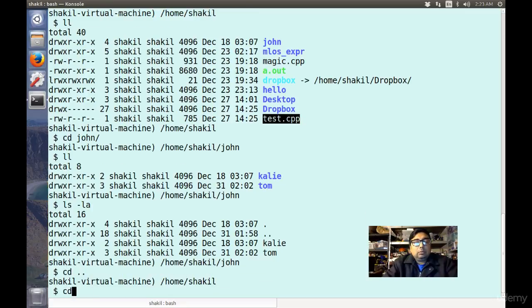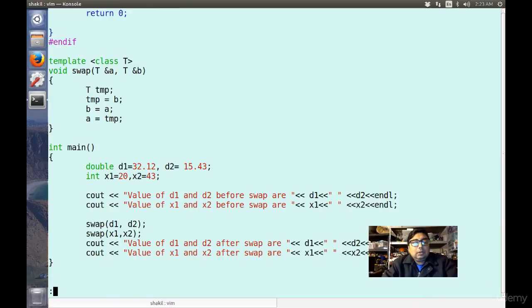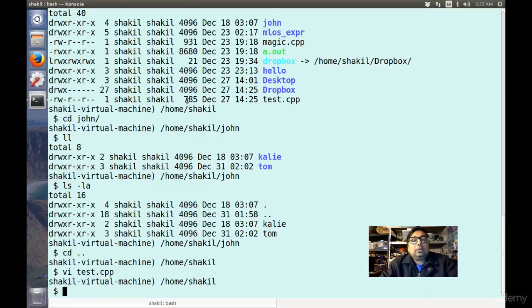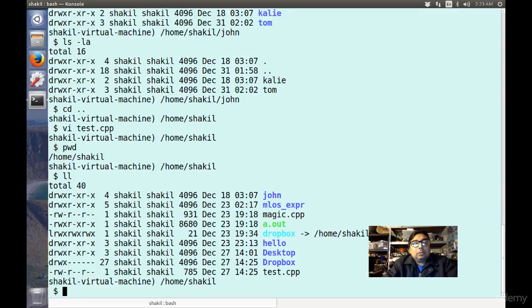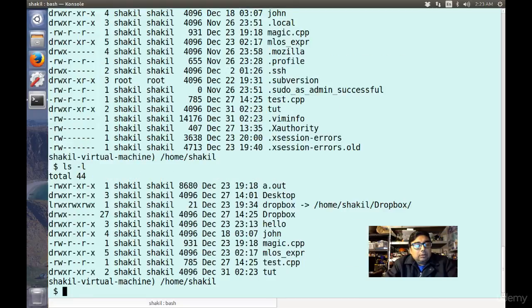So let me go and open that file. This is just some test file I was looking at. If you look at the entire file size, this is 785 bytes. But in the case of a directory, which is prepended by the letter d, the size is 4096, and you will see that if you create any new directory, the size will come as 4096. So let me make a directory called tutorial, and if I look at the directory with ls -l,